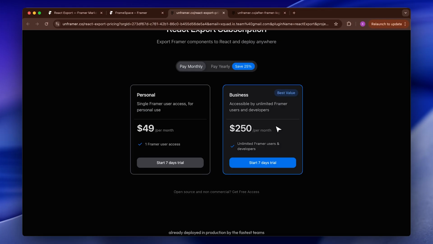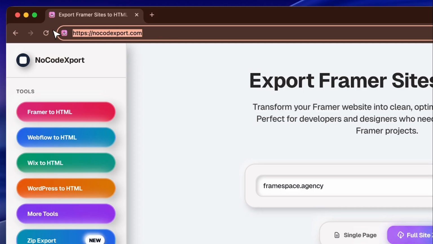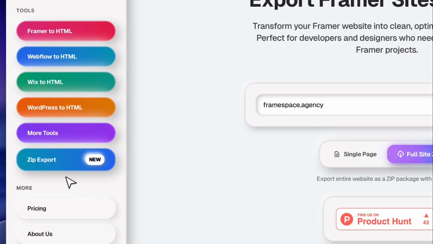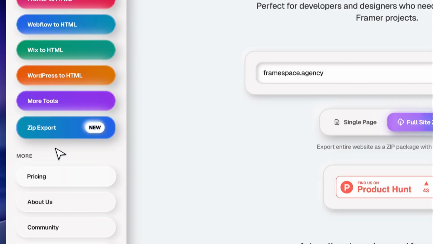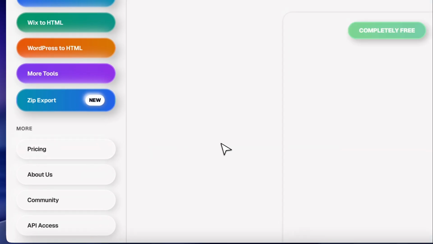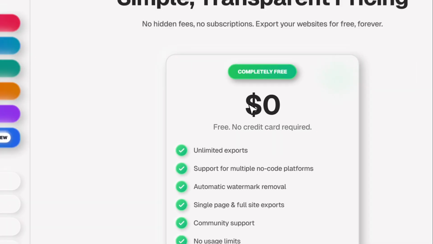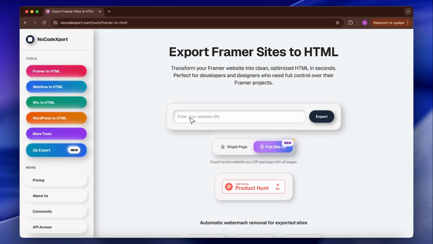Let's go to the second option, which is nocodeexport.com, and as you can see, it gives you all of the abilities for basically exporting Webflow, Framer, and WordPress. And as you can see, the pricing is $0. It's a free platform. So basically, we can enter our URL, and it gives us the exported file, for example,